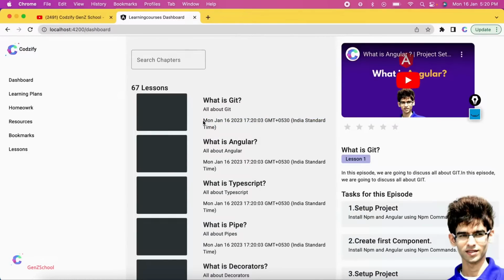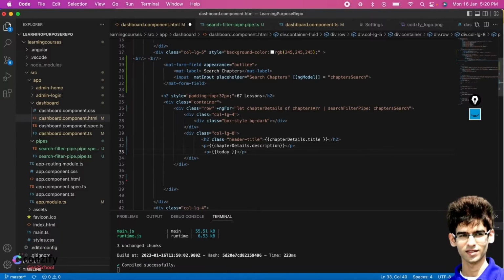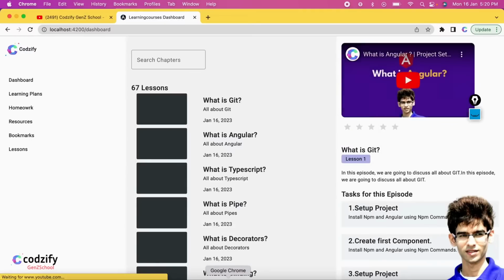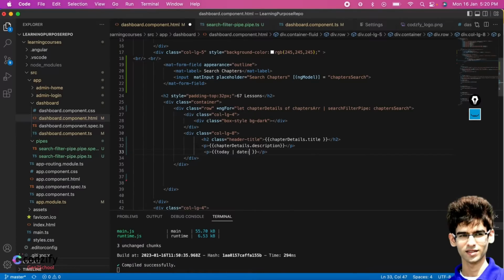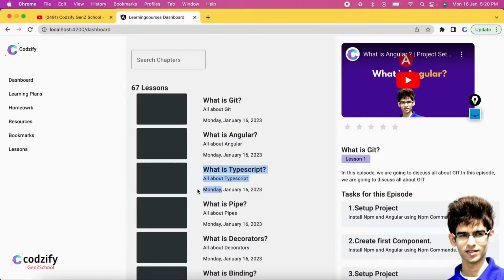Now we don't want the entire stuff from this date, we want only the date. So how do we do that? We can add the pipe here, and with this we will get only the date, January 16. Now if you want the full date, you can give it as full date as well, like this, Monday, January 16, 2023.